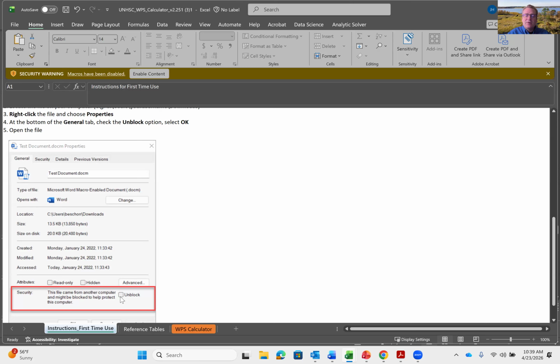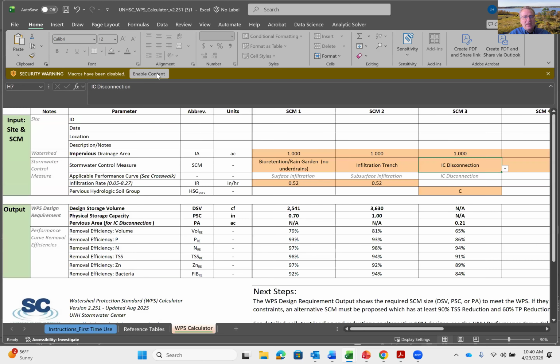That will enable the macros. Since you're downloading this from a friendly, trustable source, the University of New Hampshire, I think you can be pretty sure that we're not trying to do anything malicious to the computer. So once you do that, you'll be able to access the calculator.